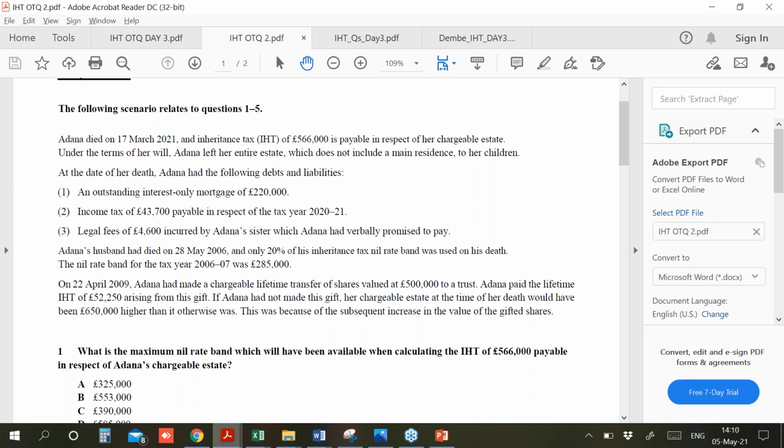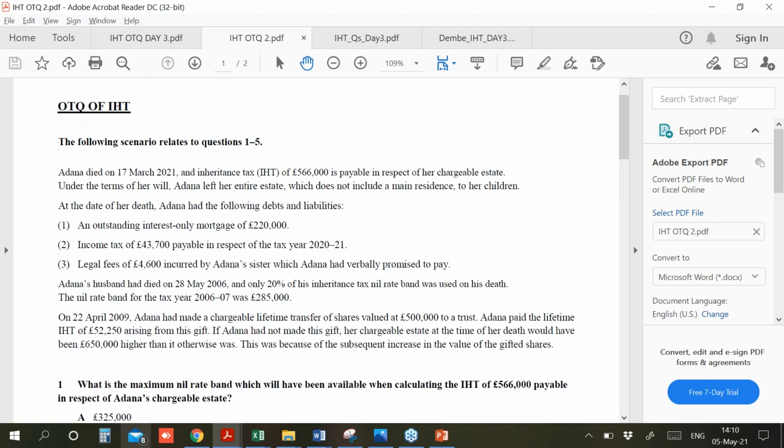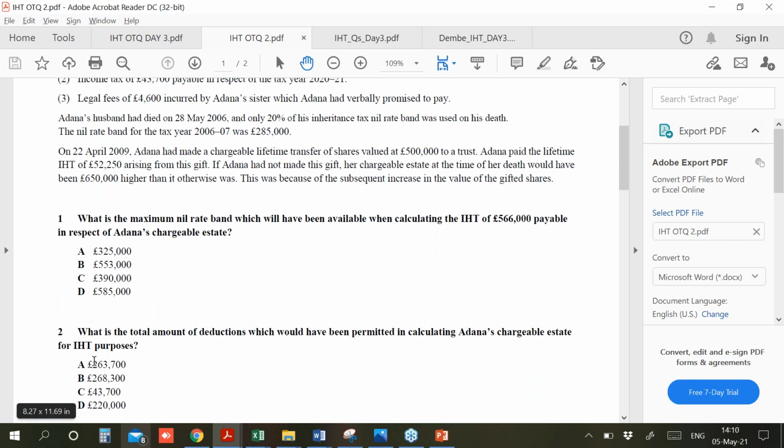So by reading the question till here, I think I can answer the second part of the question, and that is I have to add 220 plus 43,700. So what will be the correct answer, guys? Tell me in the question section. A is the correct answer, 263,700. Thank you, guys. Now,